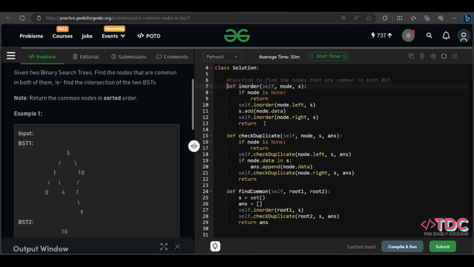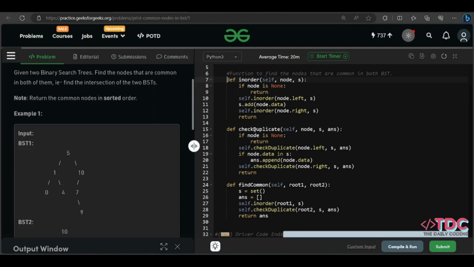In check duplicate, we first go to the left child and then check whether the node data is present in our set. If it is present, we simply add the node data to our answer. Then our main function calls inorder first, then check duplicate, and then returns our answer. Let's compile this